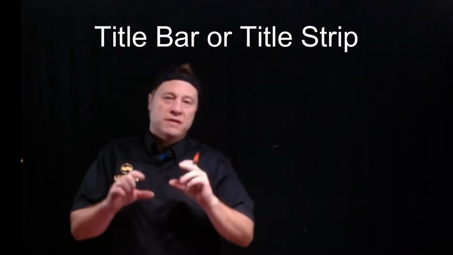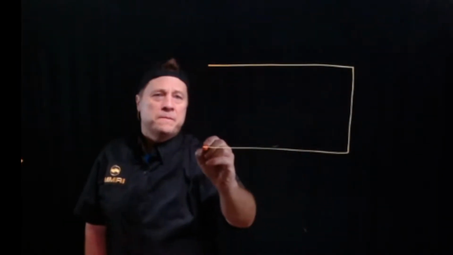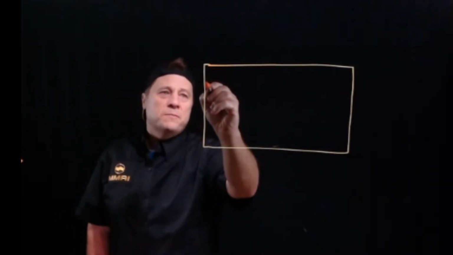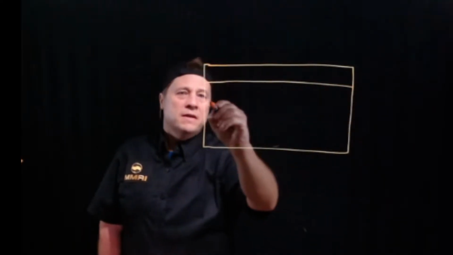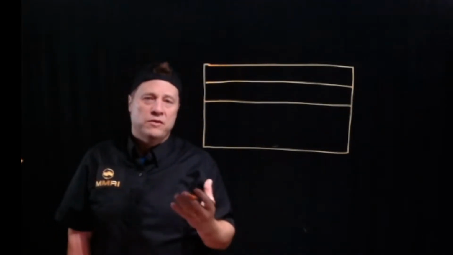Essentially, this is an information box or bar that gives information regarding not just specifics to the part. On that title bar, title strip, there will be four key things that will be mentioned among some other things. The title block will be located in the bottom right hand corner of the drawing. And typically it's going to be broken up in a way that allows the reader of the print to know,